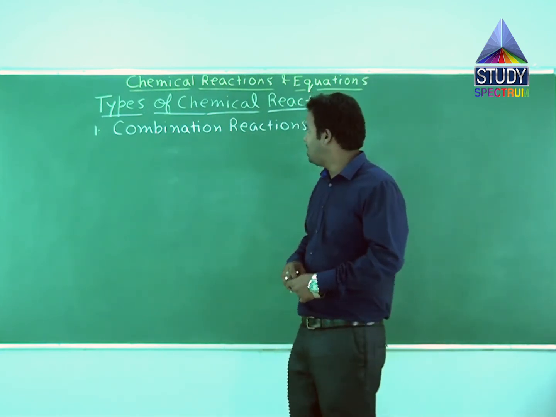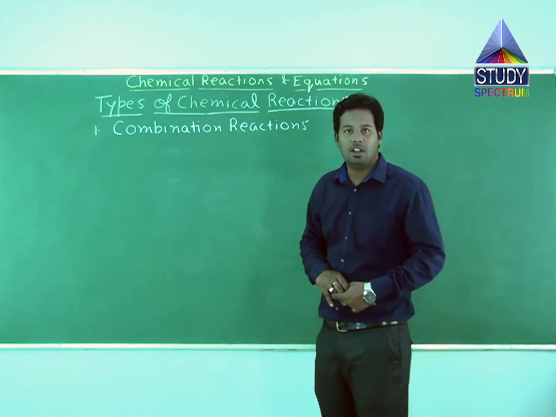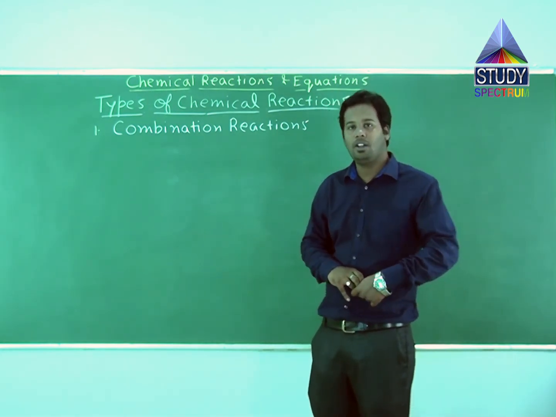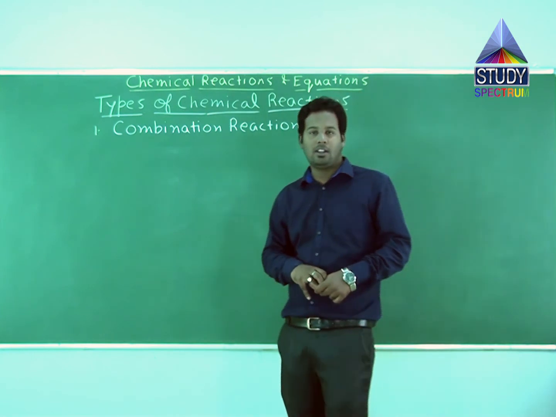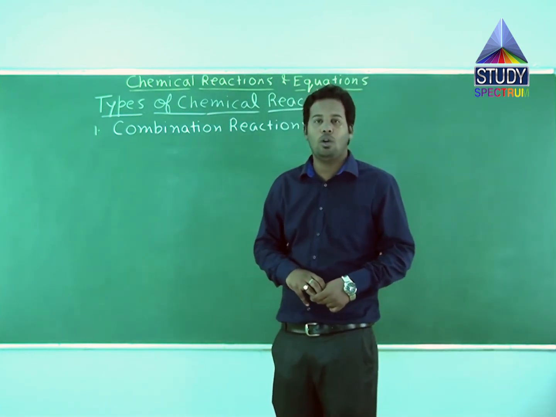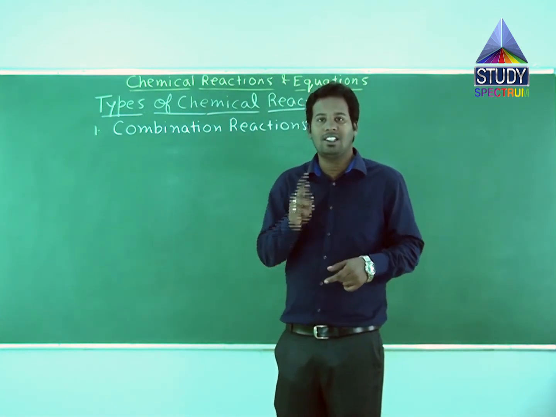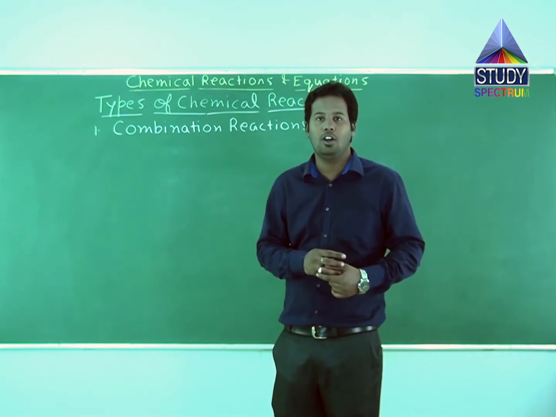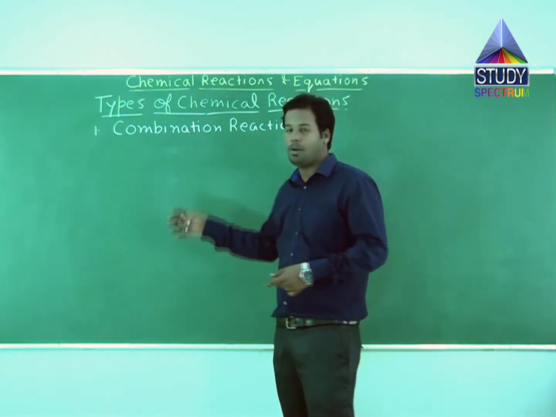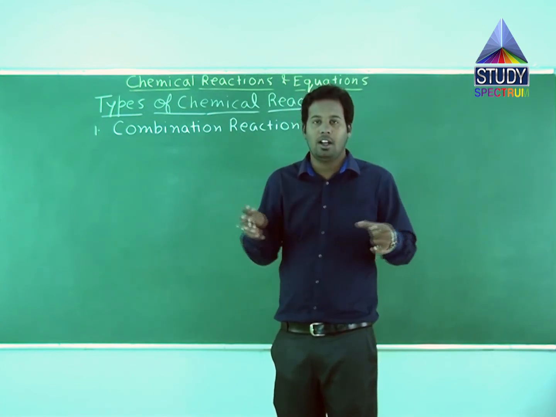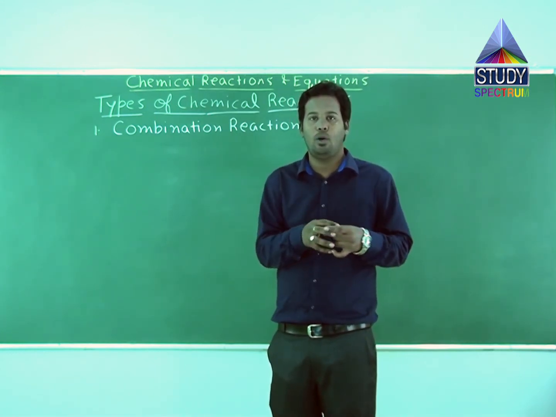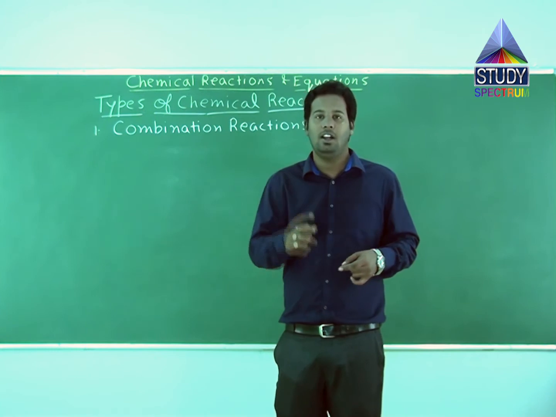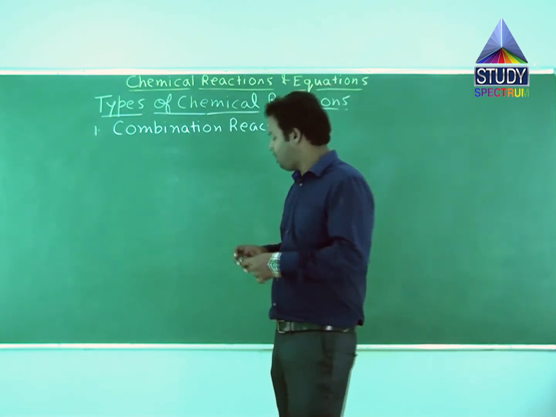Correct? Now, the first type of chemical reaction is combination reaction. Now, what is a combination reaction? A combination reaction means when two or more reactants combine to give a single product, then it is combination. As the word itself explains, combination, or combining of two or more reactants to produce one single product. For example,